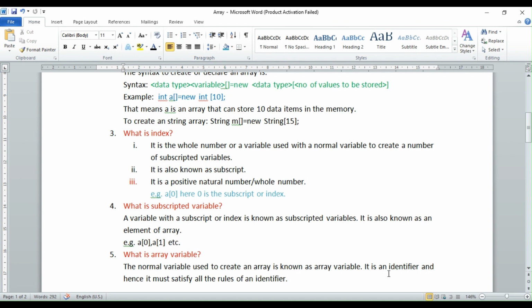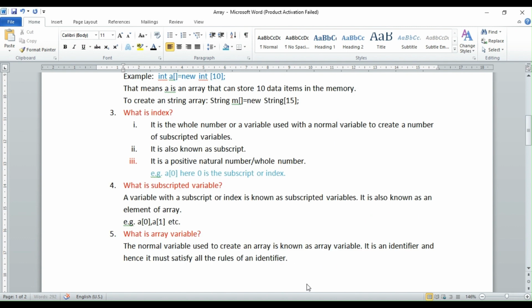It is an identifier and hence it must satisfy all the rules of an identifier. That means we can write for an array AB in square brackets 5, but we cannot write A space A, or A hyphen B in square brackets 5.